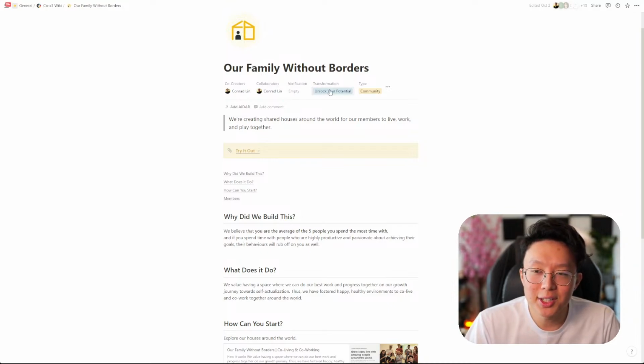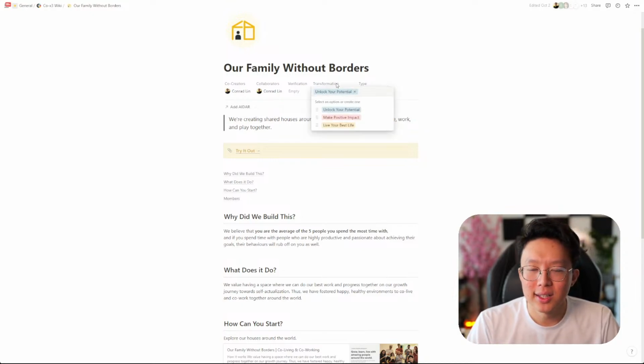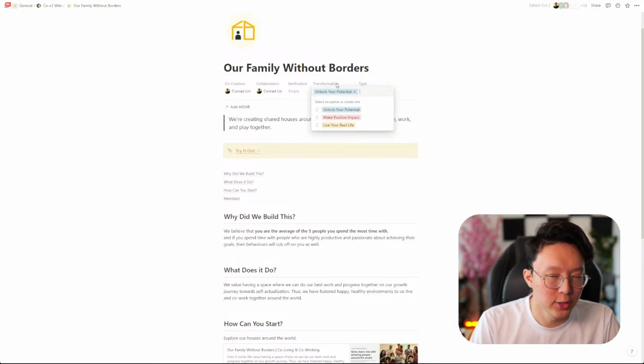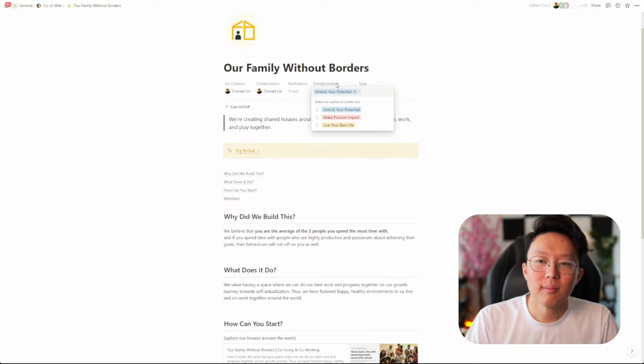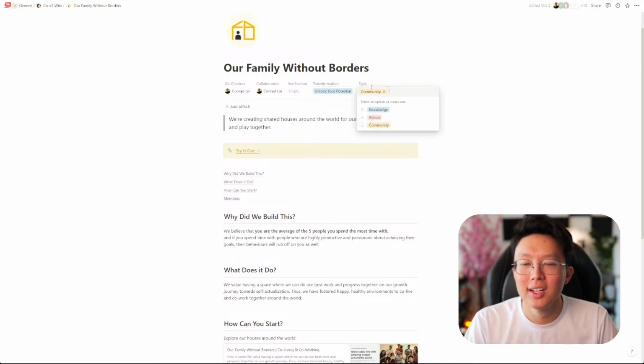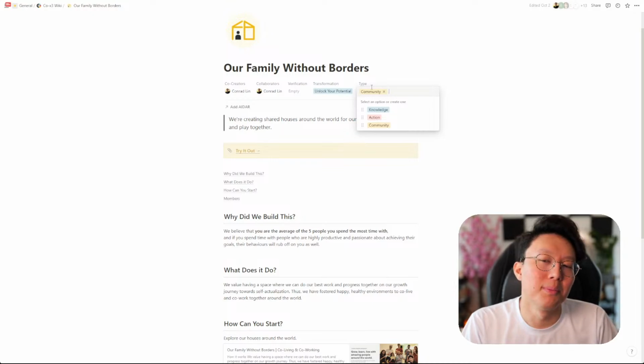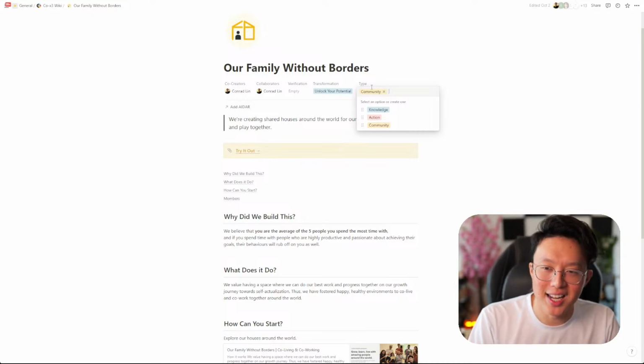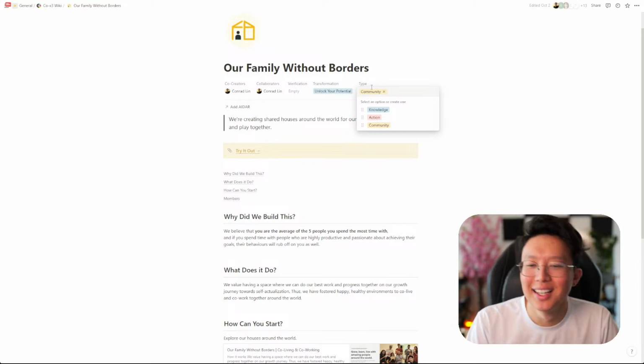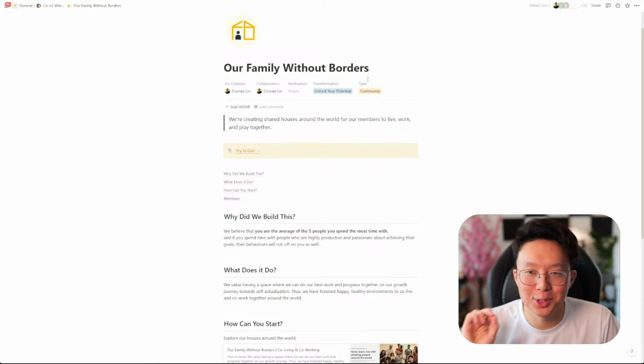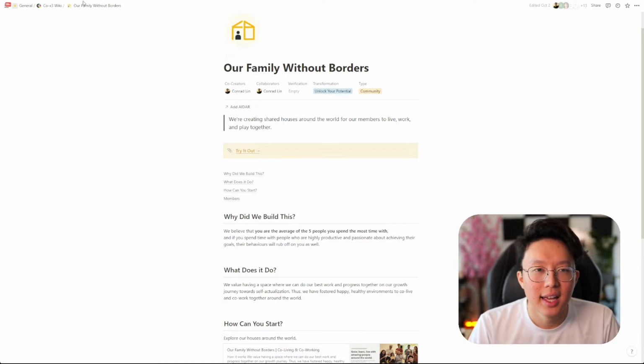Transformation is really cool. So again, like I mentioned before, you can add tags now to your pages, which means that now you can have a very clear idea. This is under the transformation, unlock your potential. And then we have the type. It's unlocking your potential for community members, or unlocking your potential for knowledge, or for action. Everything is super clear, super concise, and it's so easy for people to then say, hey,